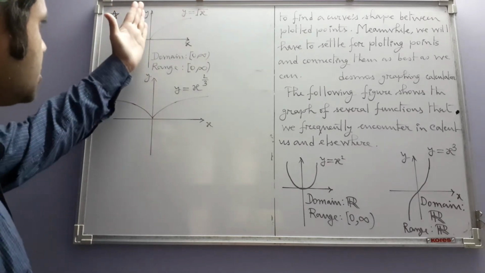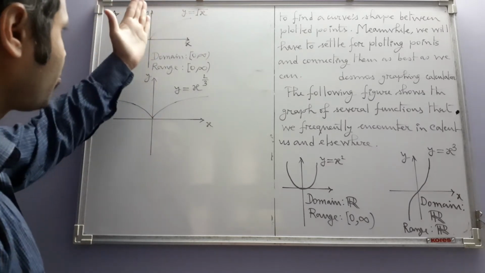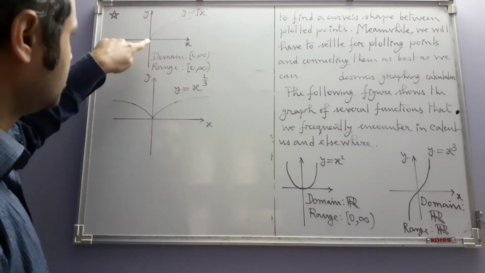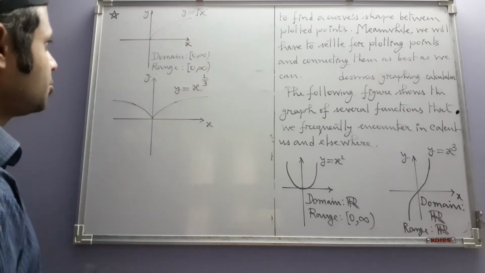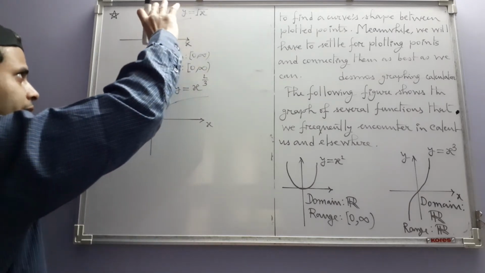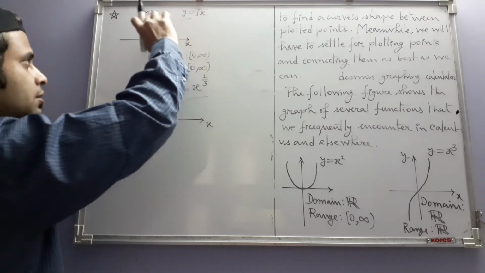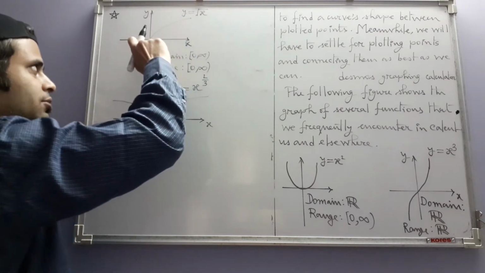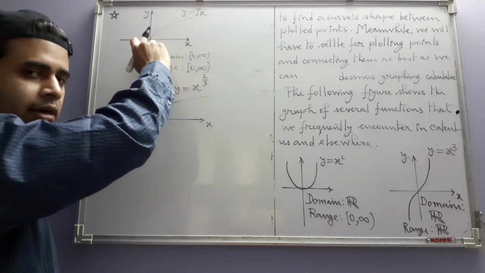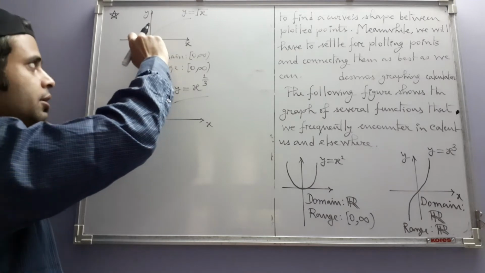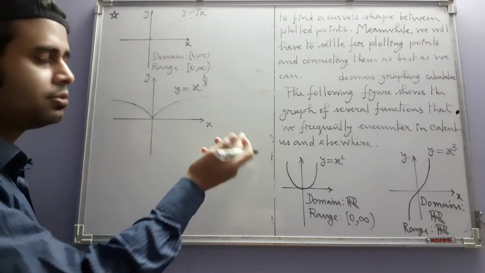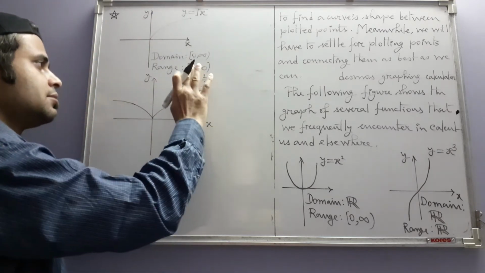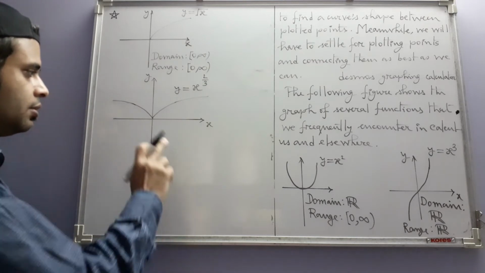From the graph you can see that no part of the graph appears on this part of the x-axis. So this is the domain, and correspondingly the values of y are all above the x-axis. One value of y of course is on the x-axis at the point x equal to 0, and that value of y is also equal to 0. The other values of y are all positive, so the range is also this. In this case,